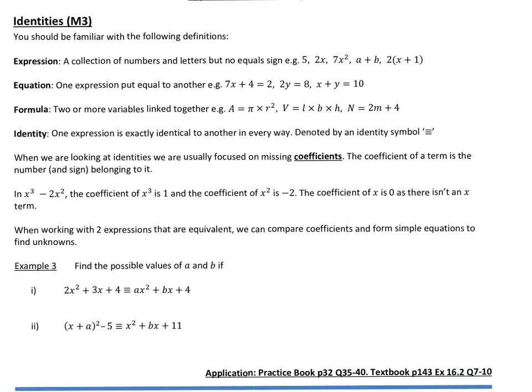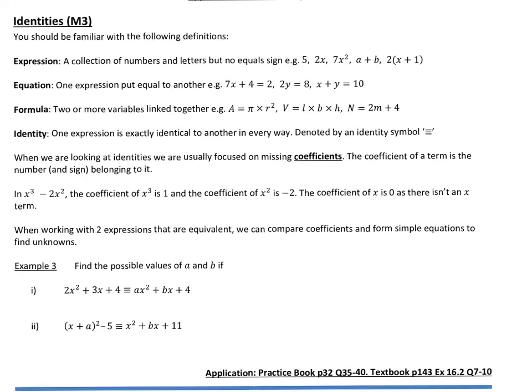Whereas an equation is whenever one expression is put against another. So 7x plus 4, that would be an expression all on its own, as would 2. But because one expression is equal to another, it's now an equation. Similarly, 2y and 8 are expressions, but because they're being equated, it's an equation. And x plus y and 10 again are expressions, but because of the equal sign, that turns into an